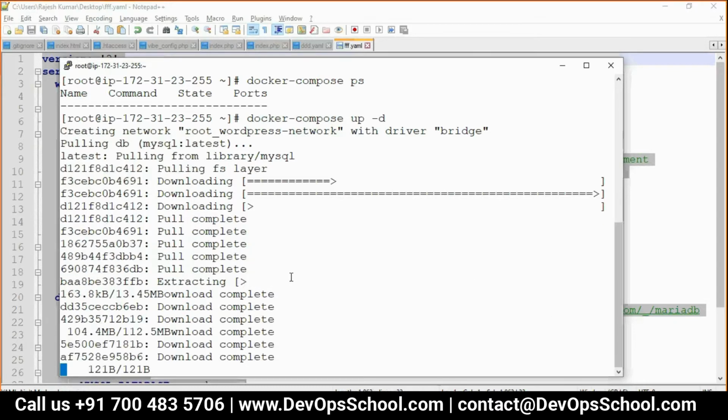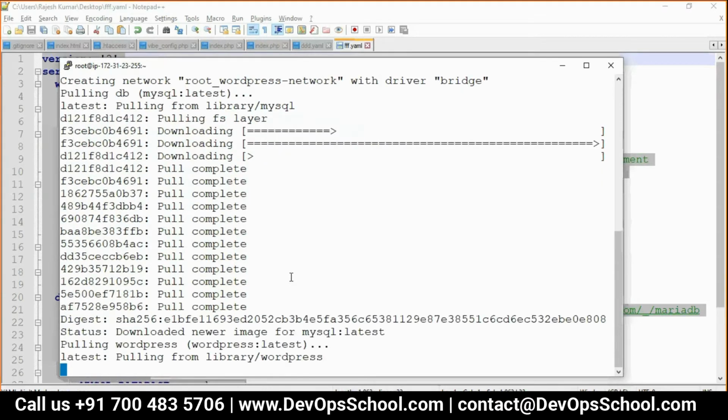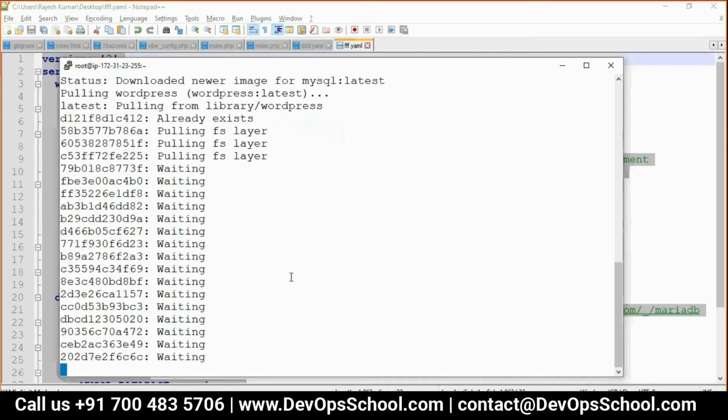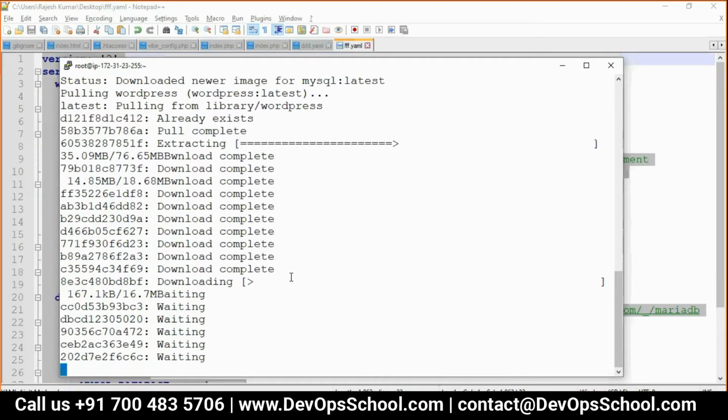So pulling that image, everything, whatever you run, setting the environment. Just imagine if you have 10 images or something like that, then how much time it will save for you. Too much time will be saved by you. So that is the thing.